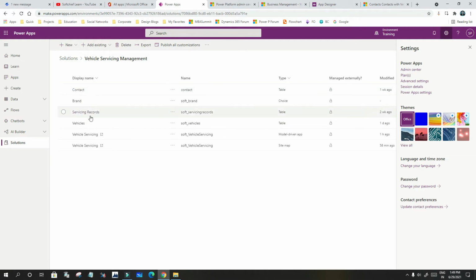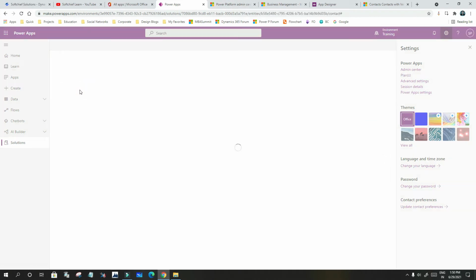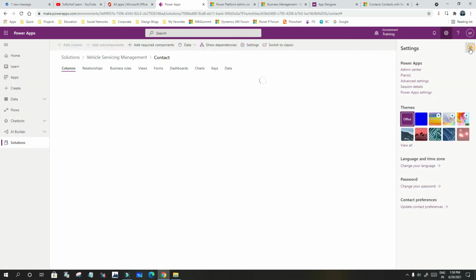I want to make these 3 available for offline access. So before going to the profile, you have to enable offline access first. Let me go to this contact entity and check if it has offline access capability or not in the settings.